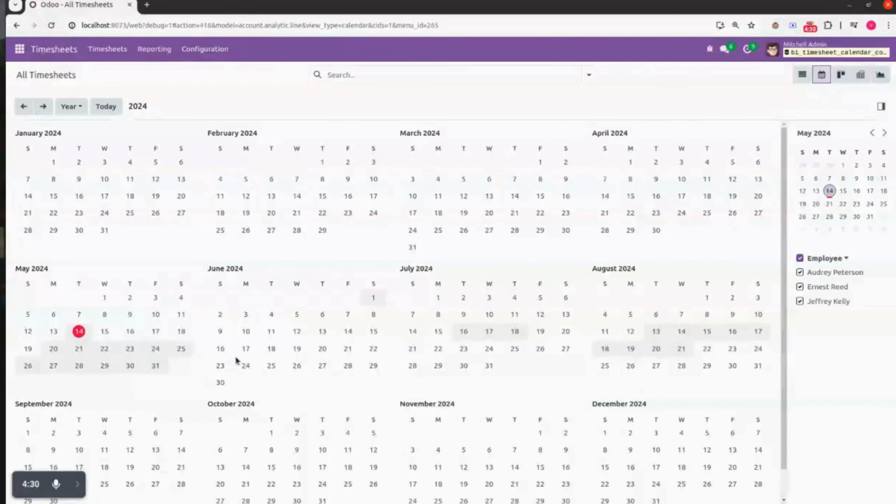You can save and close. So for the year also you can see this will be updated. Here you can see the light color shown here will be blocked for that particular timesheet calendar for that particular employee. Once this is done, you can go back again to the list view.